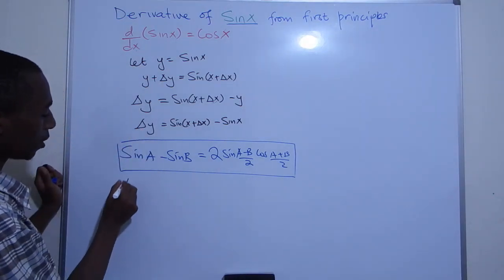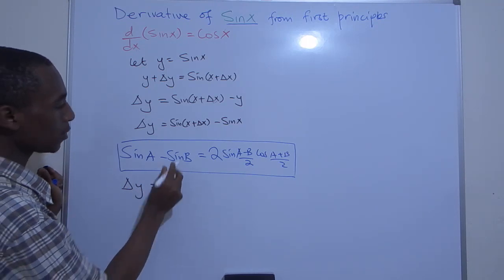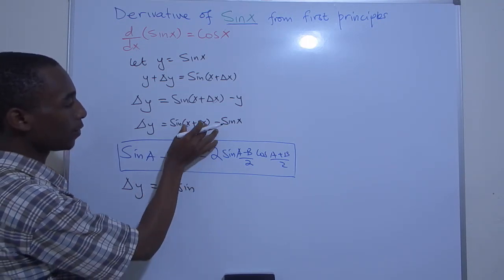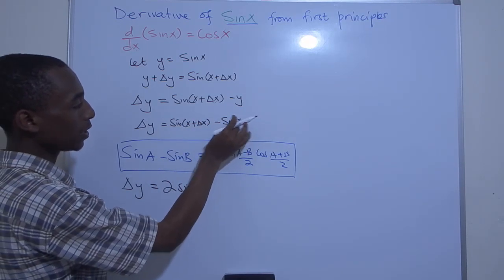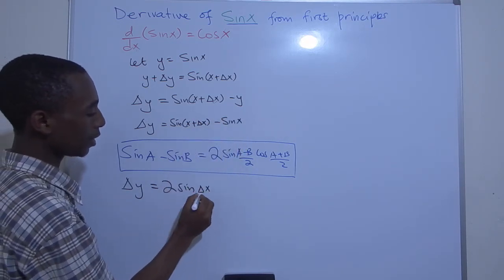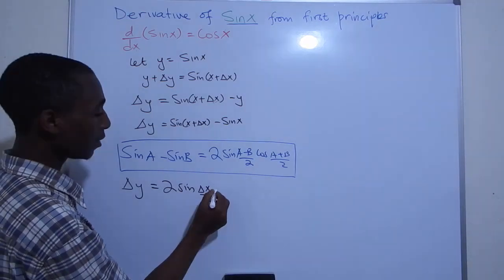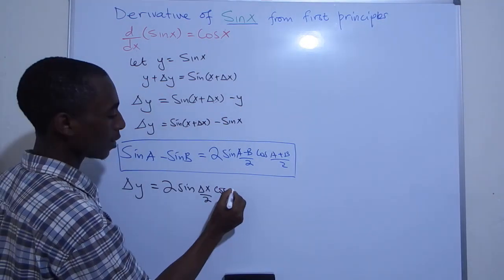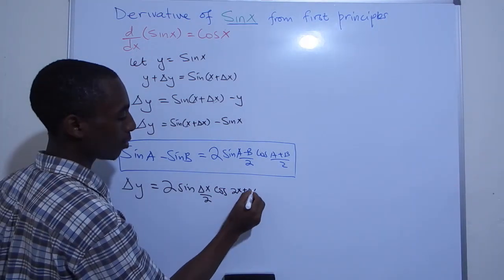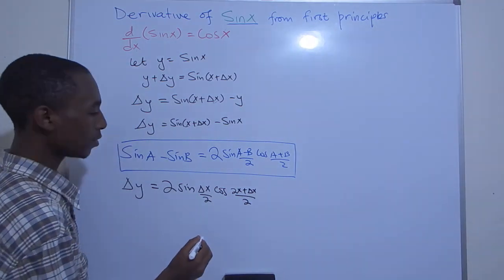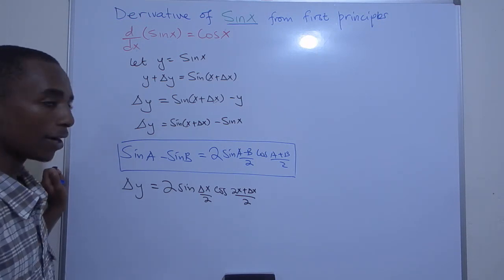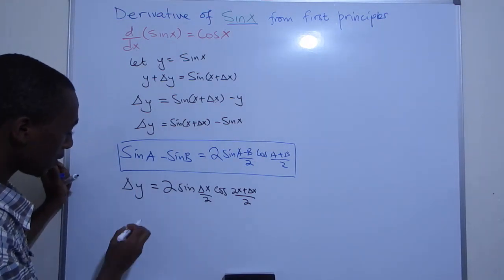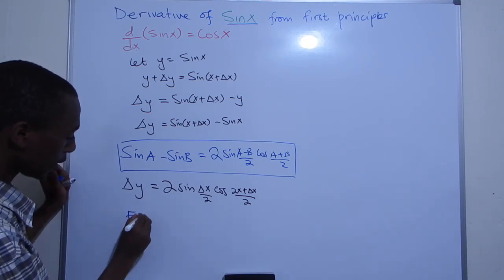Now we have delta y equals 2 sine of this minus this, so we'll have only delta x divided by 2, then we have cos of this plus this, that's 2x plus delta x, divided by 2. So there we have it. Now the next step here is that for small angles,